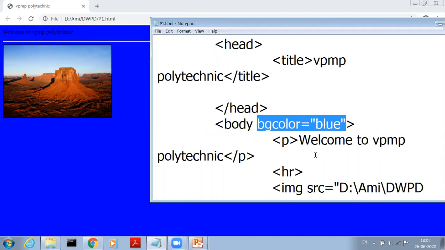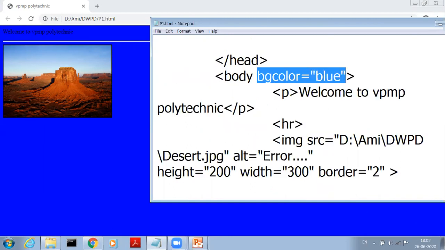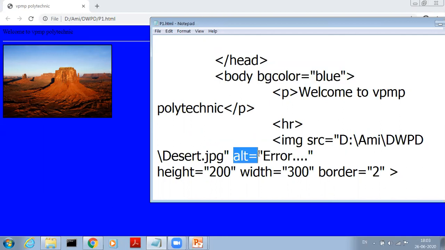After this paragraph I draw a line with HR, so it is displayed like this. Then the image desert.jpg. Here the image is displayed, so the alt attribute is not considered. The height of the image is 200.